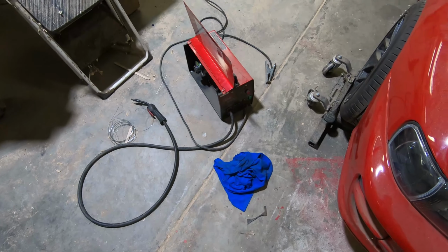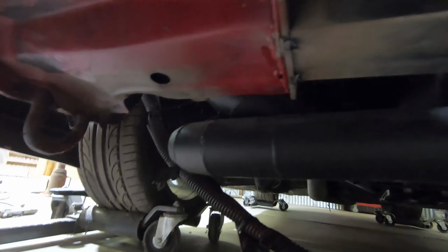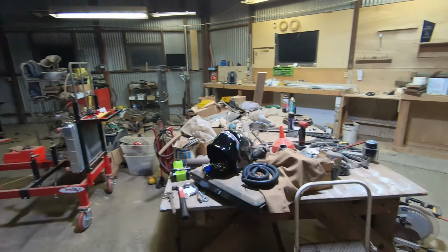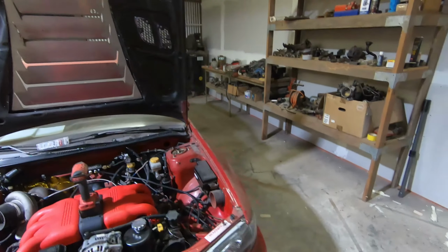This is just a flux welder to make these little tacks right there, since currently in the shop I can't get a welder back here. It's all the way up there, and I just don't have a big enough 240 outlet back here yet. As you can see, it is still a disaster. Getting a little better, but